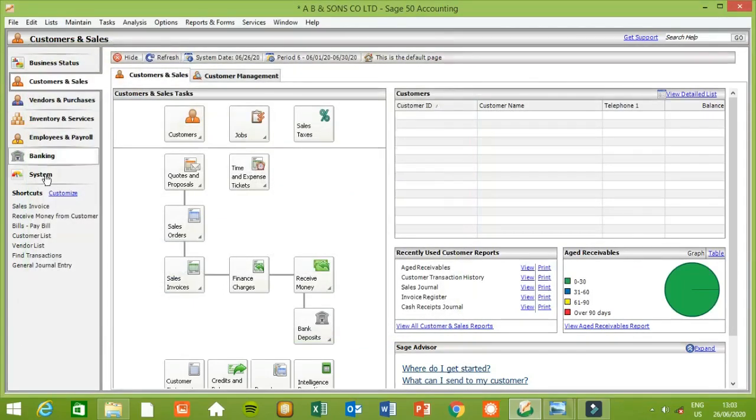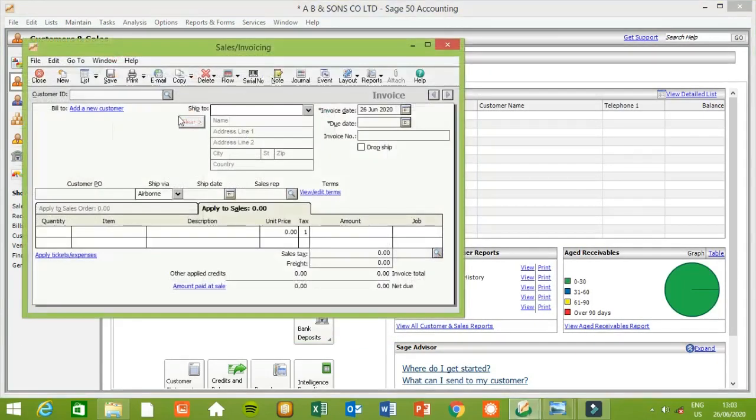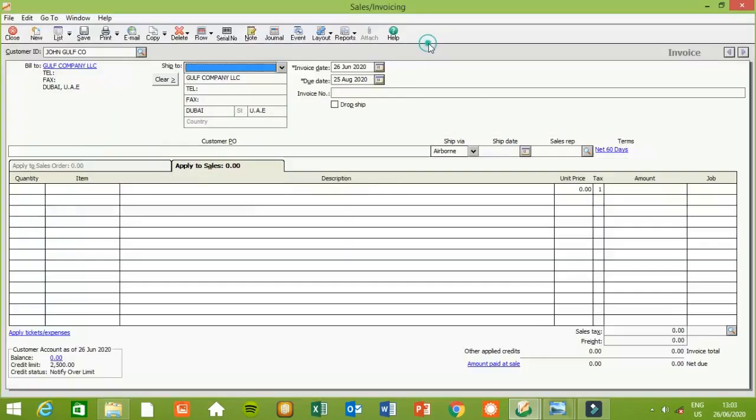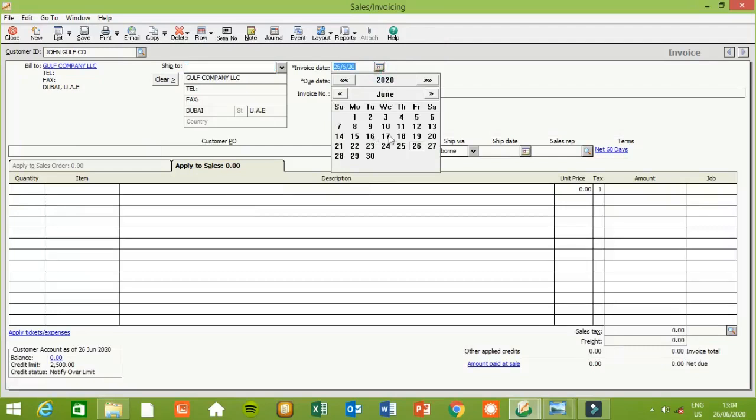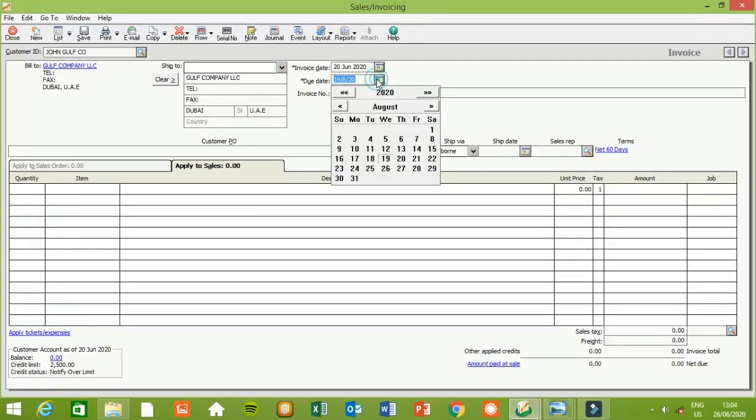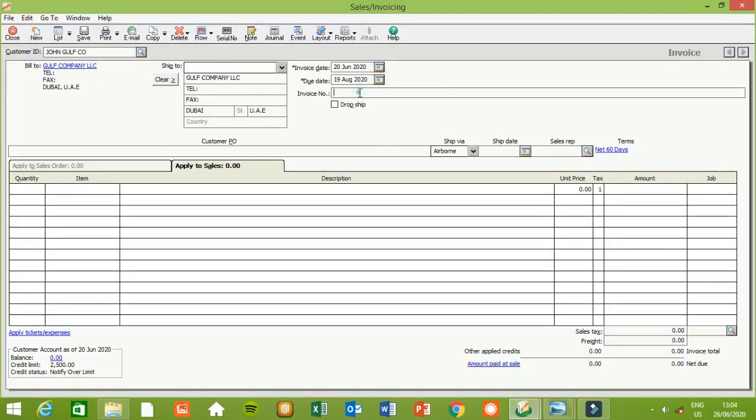Now you can go to sales invoice, click customer ID, click date of invoice, here 19 August, 60 days came already by default. Now you have to enter the invoice number